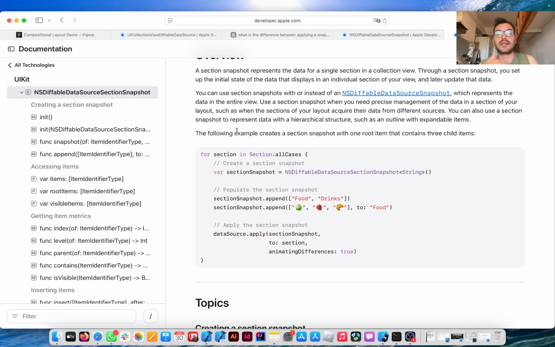And this would eliminate the need to refresh my whole screen, because I'm just updating the sections one at a time. You can also use a section snapshot to represent data with a hierarchical structure, such as an outline with expandable items. So this is like when you have those navigation views, let's say,